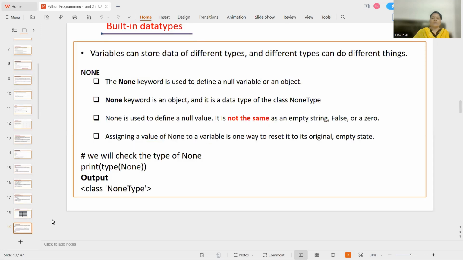So variables can store data in different types. Built-in data types. So we are discussing the built-in data type None. Variables can store data of different types. Different types can do different things. None is the data type which is used to define a null variable or an object. The null keyword is an object and it is